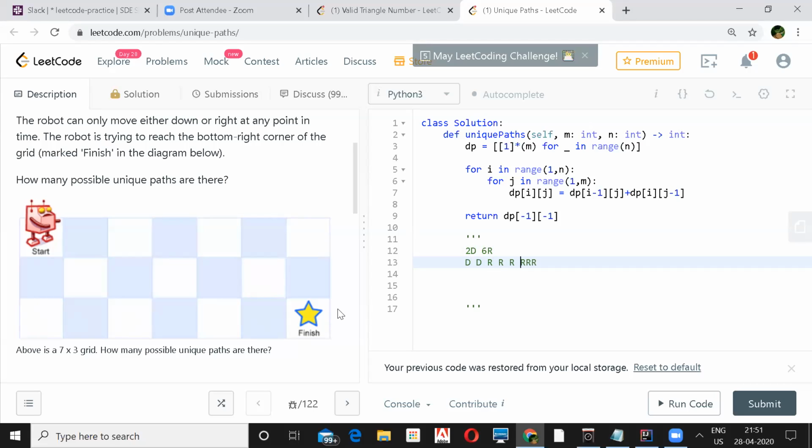Okay. So basically, our whole paths have now become like this. You can either choose DD, RR, or whatever path you choose, the letters would be the same. Just they would be rearranged in some other way. Like suppose if you do DRD on the first 3 letters and then keep the remaining same, still you would reach the destination, right? Yeah. So basically, you're summing 6 plus 2 and dividing by 2 factorial and 6 factorial. Yeah. So basically, it's a combination problem.